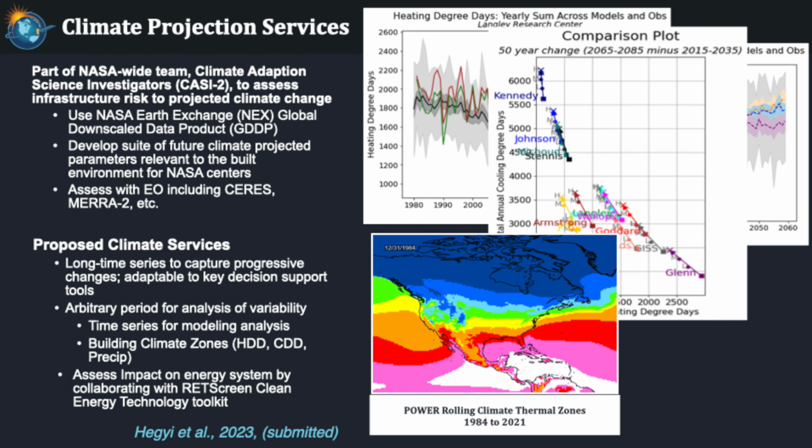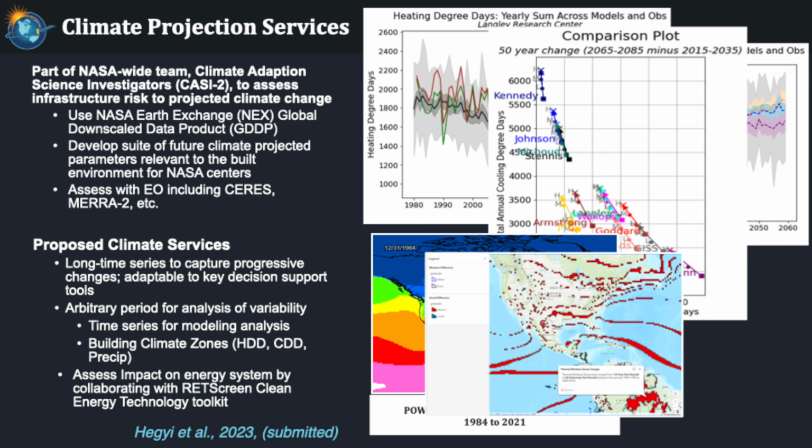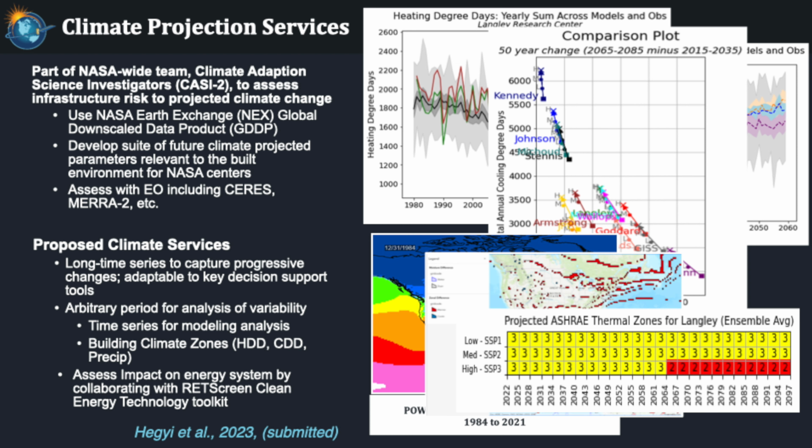One of the things you can do, ASHRAE has these climate zones, and so all your building codes are based on your climate zone. Well, if your climate zone is changing because of changes, that's a major implication on your building regulations. So we've been working with ASHRAE and showing the evolution of these zones and even the differences in time, and even at particular locations for which scenario might you change your zone.